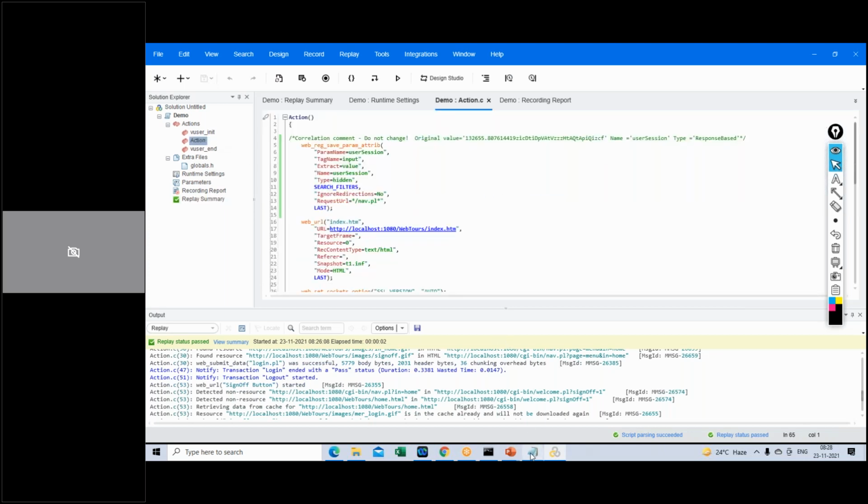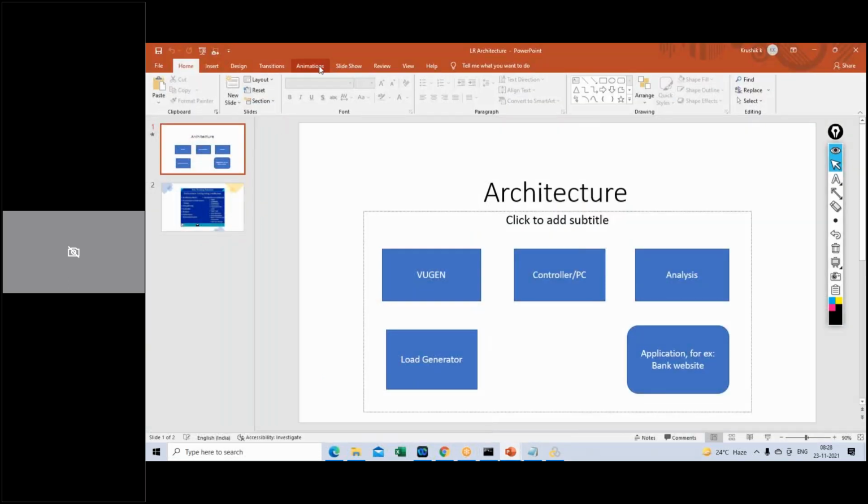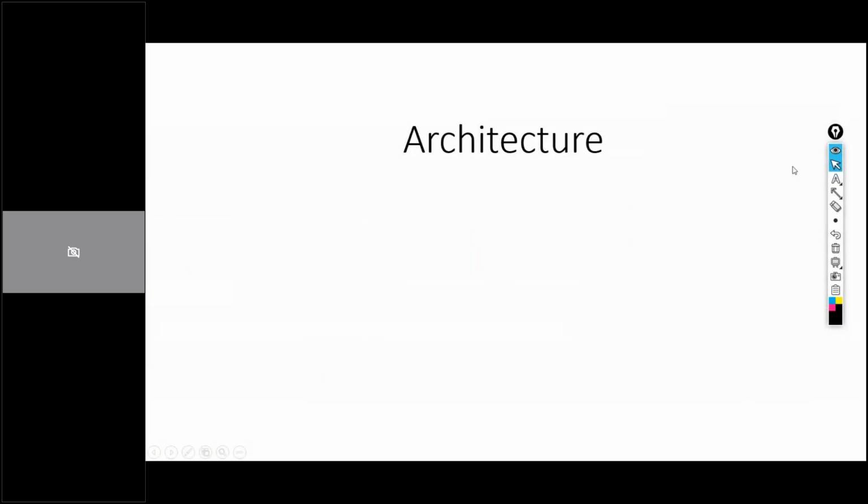Apart from that, we will be discussing LoadRunner architecture today, at a high level. This architecture diagram, because this course is specifically for LoadRunner. Whatever we discussed a few minutes ago was on a high level: what performance testing is all about, first thing. And then I explained about this. There should be some component which should help us in generating the script. That component is VuGen.